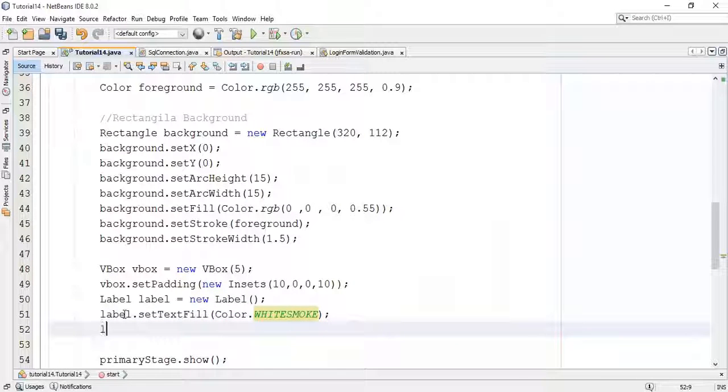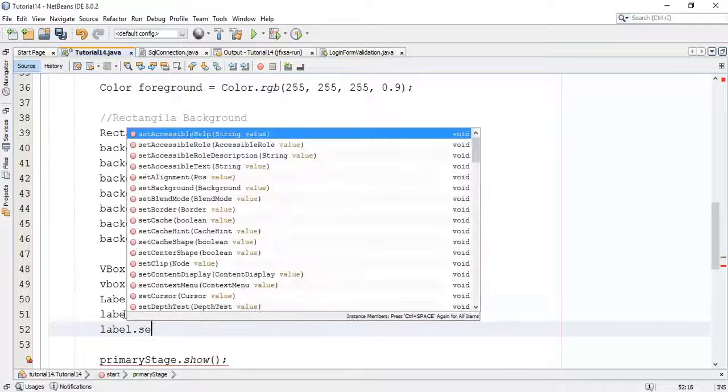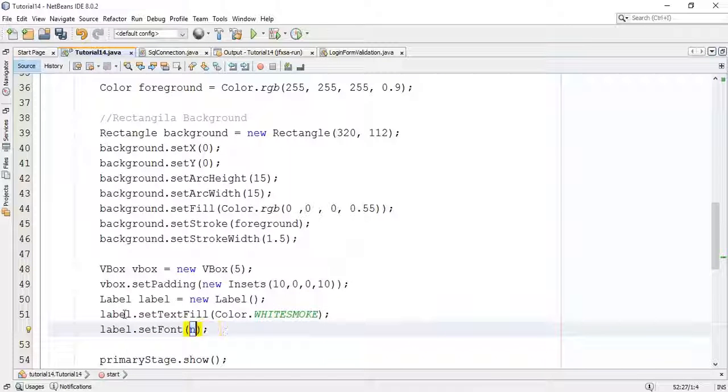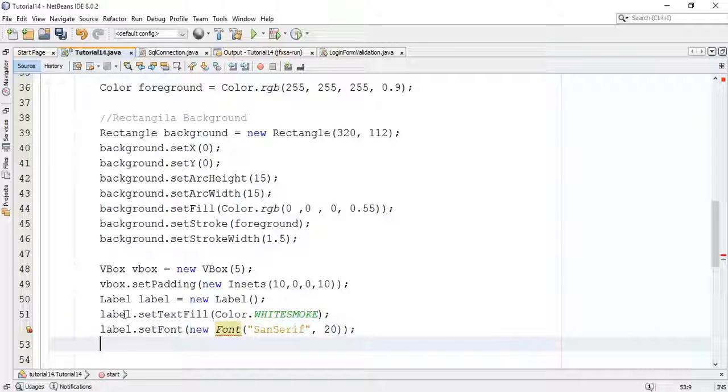Then I'm going to add a font for the label. So label dot set font and let's say new Font of Sans Serif and font size 20.